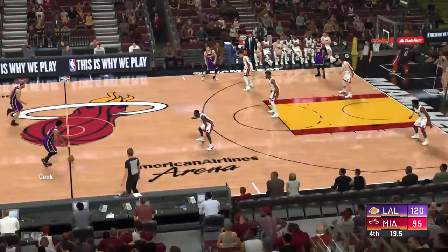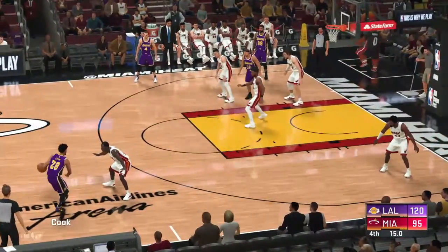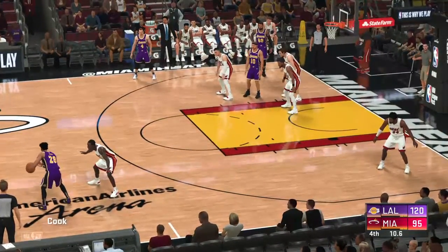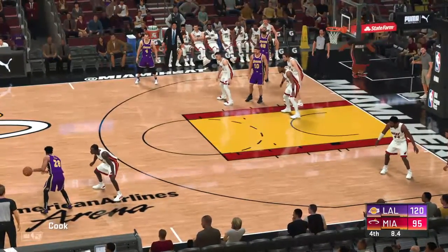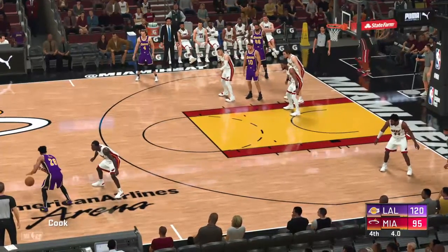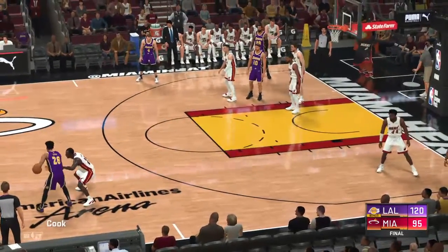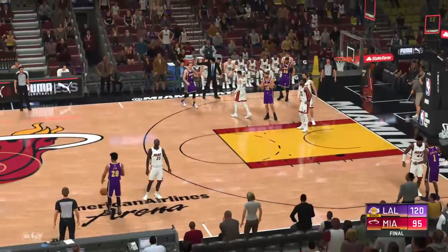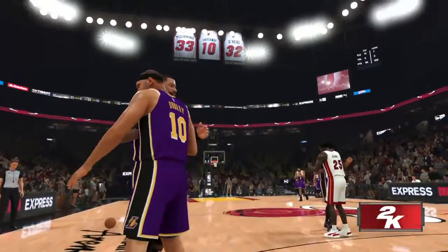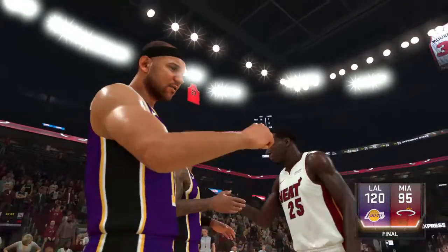And it's Cook with the ball for the Lakers. And the Lakers can just let the clock run down here. And so it's the Lakers taking care of business here. A resounding victory for them. And Greg, in enemy territory, no less. That's exactly right. But with the way they controlled the game and just